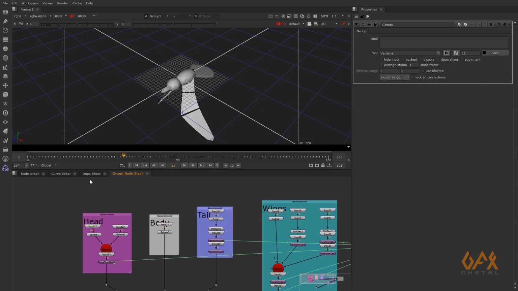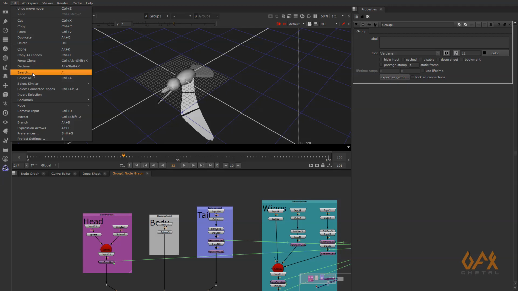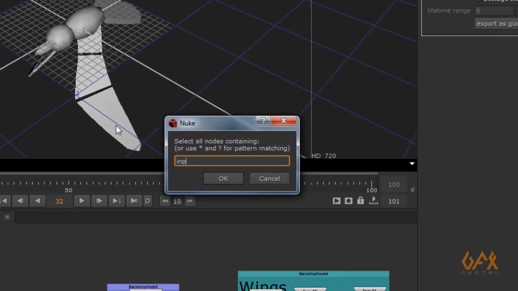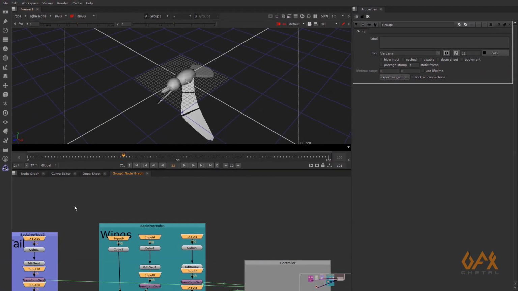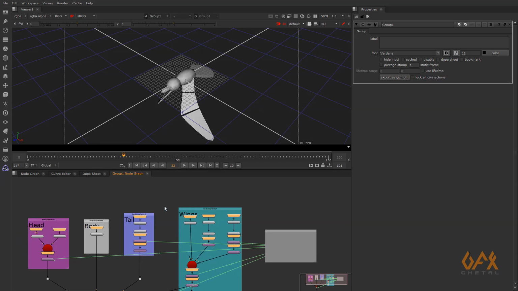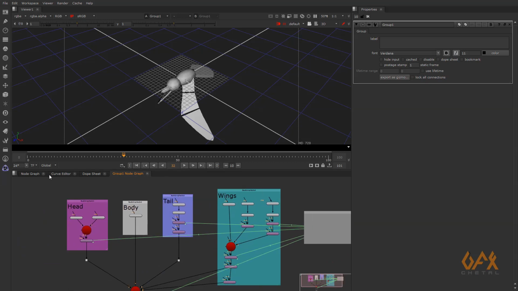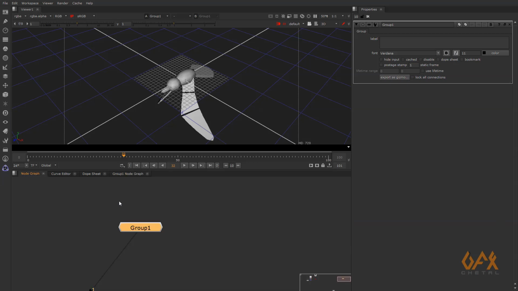So what am I going to do? I go to edit, search, and write down input. Okay, so all inputs are selected and I press the delete button. Now again move to the node graph, and you see over here there is no input.